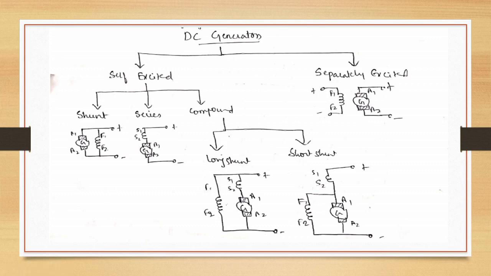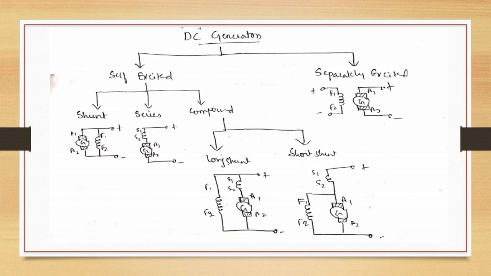Mechanical energy is given to the generator through some prime mover, and the generator converts this mechanical energy to electrical energy. It works on the principle of Faraday's law of electromagnetic induction, that is, whenever a conductor cuts a magnetic field, EMF is induced in it. EMF induced means voltage is produced. That induced EMF is of alternating type, and we convert alternating into direct current, AC to DC, with the help of a mechanical rectifier called the commutator. We have already seen this in previous classes.